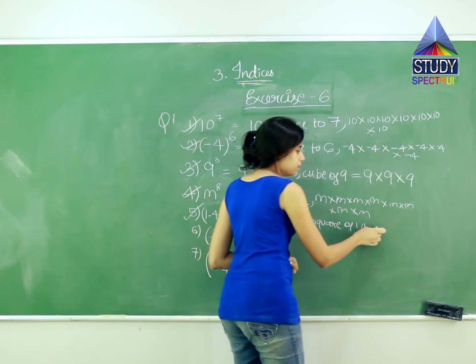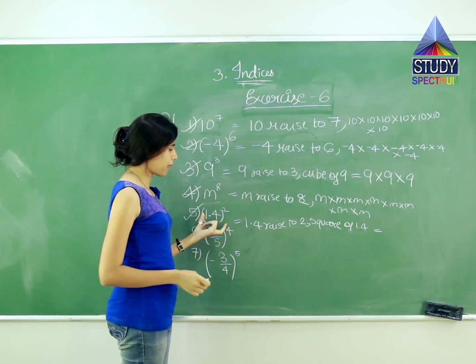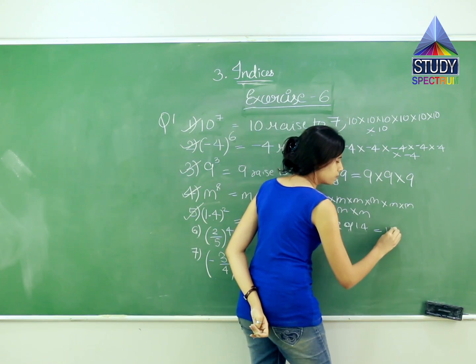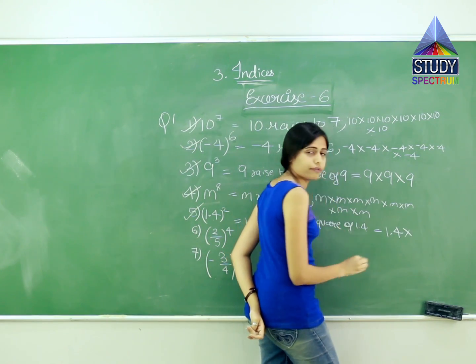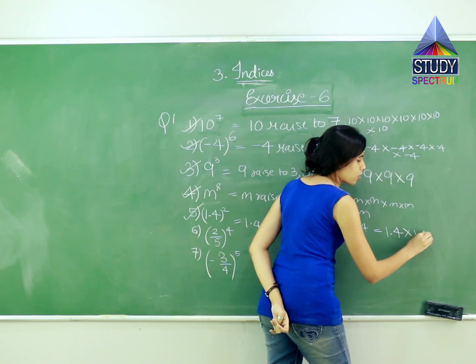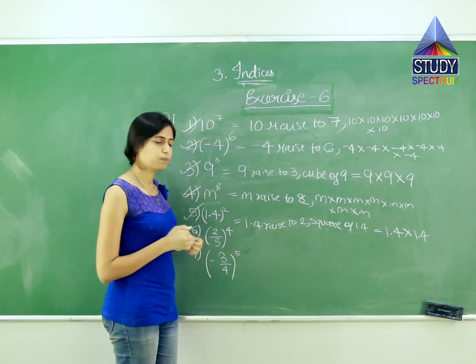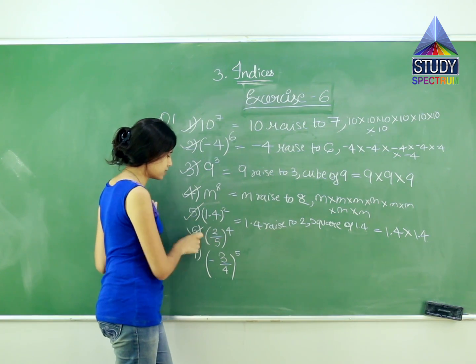Now what we have to write? We have to write the product form. Over here minus 4 how many times? 2 times. So what we will write? Minus 4, multiplication sign in between, and again minus 4, because they have asked you minus 4 how many times? Index time, which is 2. Now let us move on to the next question, which is the 6th question.